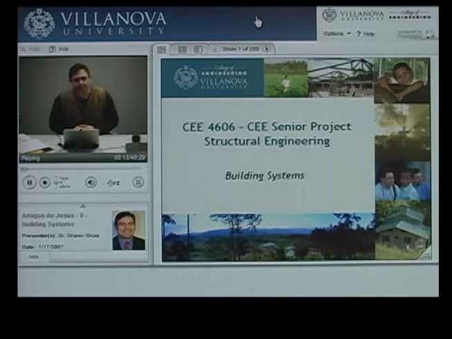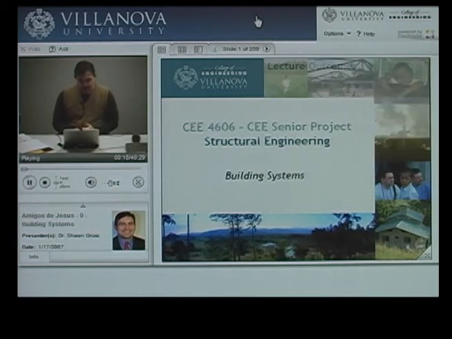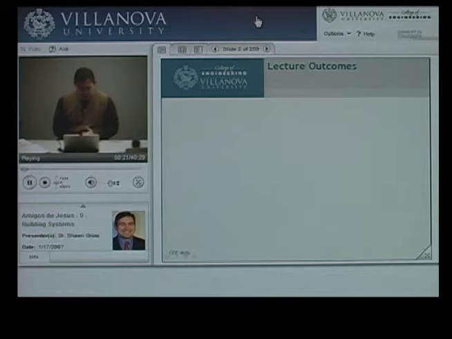Okay, this particular lecture for our Capstone design course is going to focus on building systems. We have several different lecture outcomes that we're going to try and achieve today. First of all, defining the term load path. I suspect you've heard the term before. We're going to get a pretty specific explanation of what it is and how the codes actually reflect the need